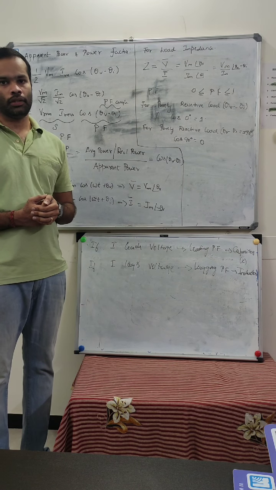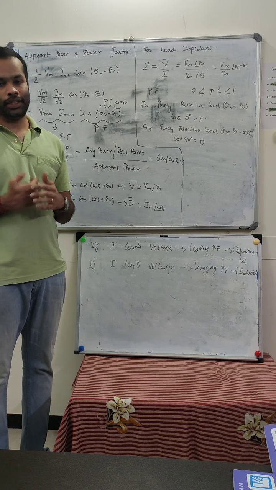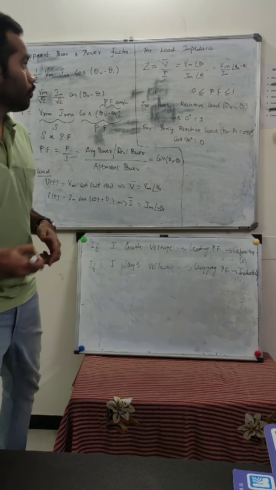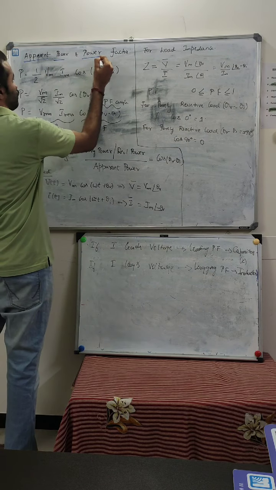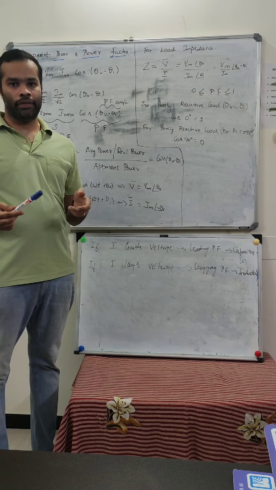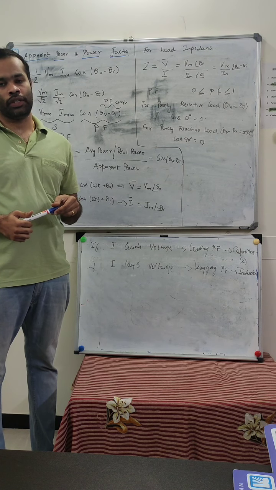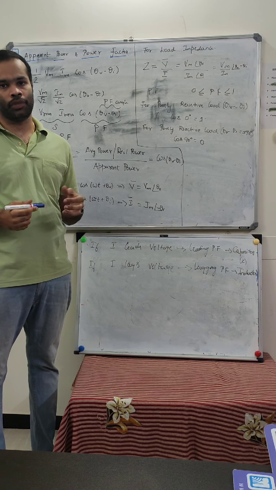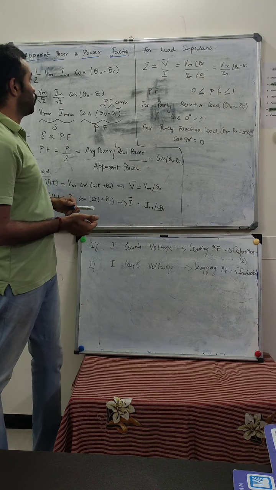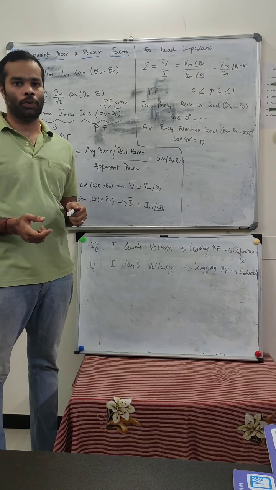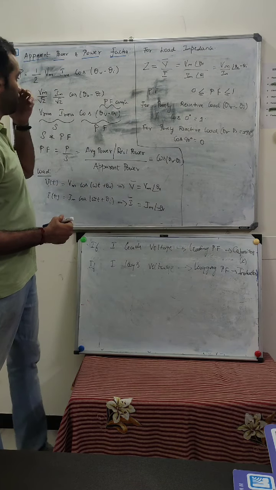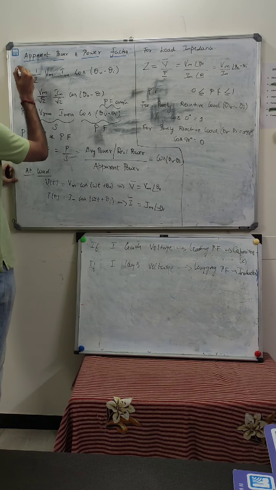So now let's start with our lecture series. The next topic is the apparent power and the power factor. From our previous lecture, we have derived the average power, and then we related the phasor relationship for that average power. Now in our topic, we will be seeing apparent power and a more important topic, which is the power factor. So for the apparent power, let's start with our average power.